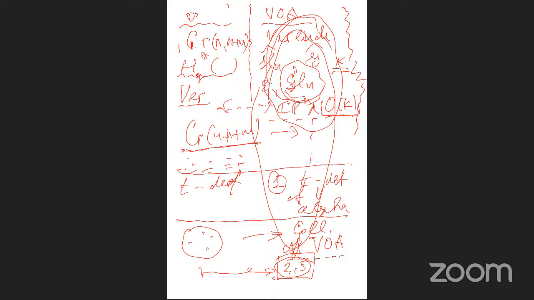It means that we can try to determine the invariants of three-dimensional manifolds, knots and so on. So it means that some kind of